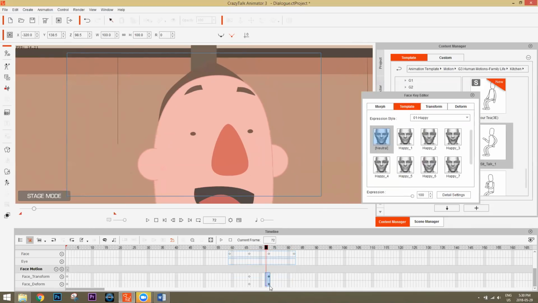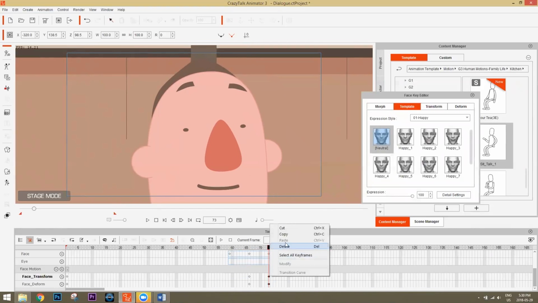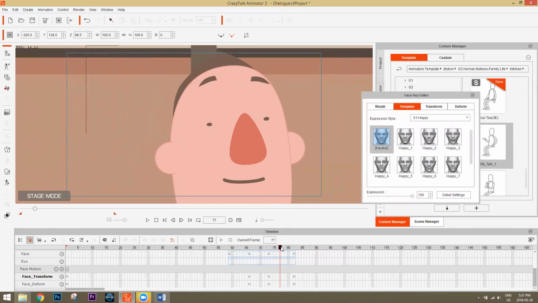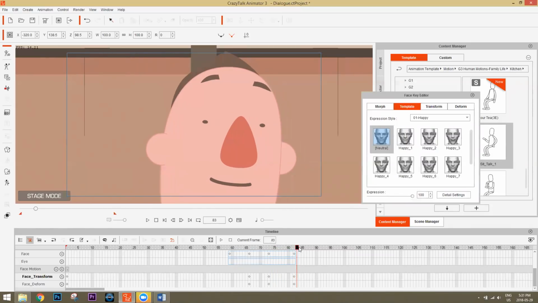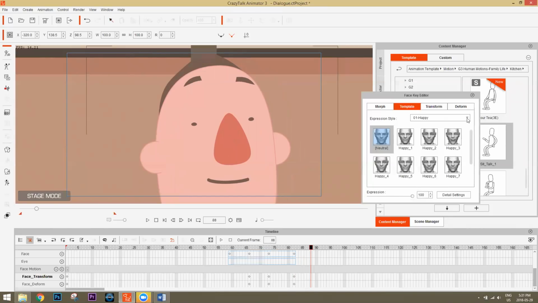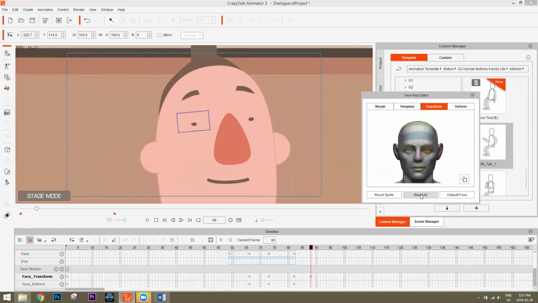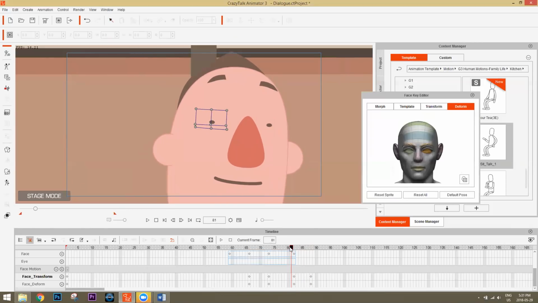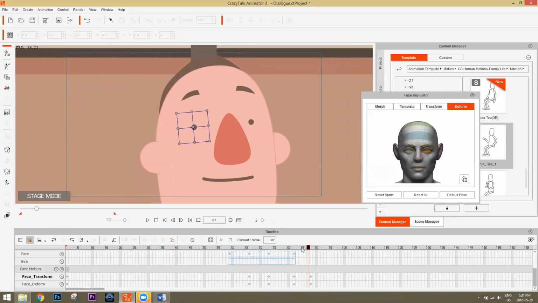So we can click and drag these ones and right click. These ones should copy, okay, and paste them over here. So from here to here, his eyes are going to remain squinted, his eyebrows are going to remain up, and then from here to here, we'll have them move back to the regular transform position. So we'll go to transform and reset all, and the eyebrows will reset their position, and deform, and reset all. And the eyes will actually change their deform back to the regular shape. So from here to here, his eyebrows will go down, and his eyeballs will return to their normal shape, okay?